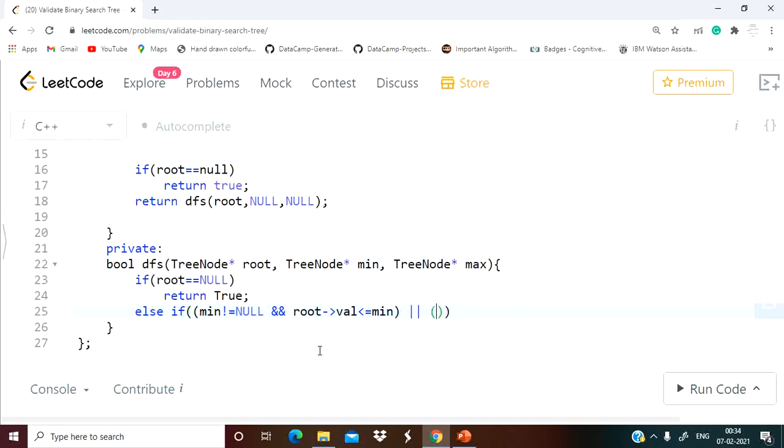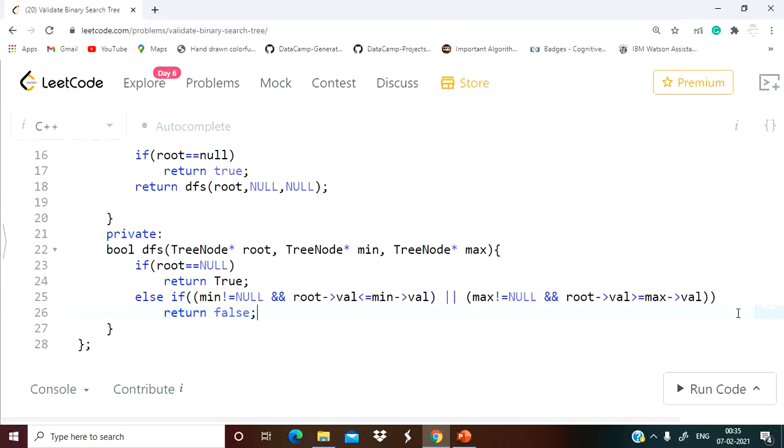So max not equal to null and root value greater than equal to max value, right? So if this is the case, then simply just return false, right? It means that it is not a valid binary search tree, right?